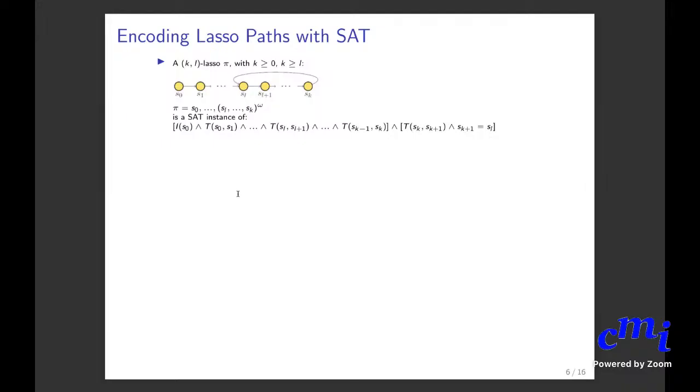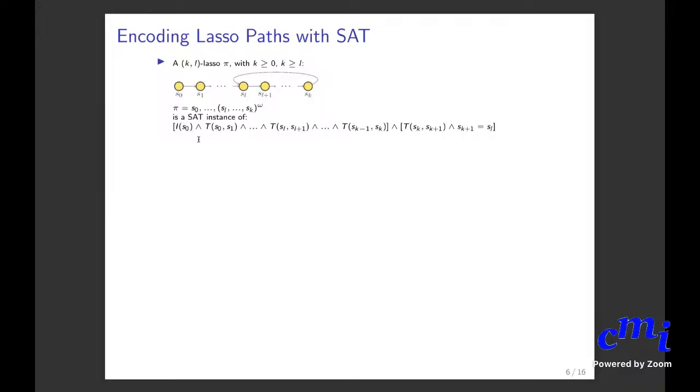Before that, let me show you a few examples of how one could encode whether a k-long finite path has a lasso shape or not. Okay, as I said, an infinite path of a finite state system has to be of this form. So such a path can always be represented as